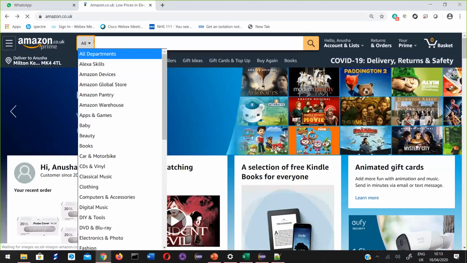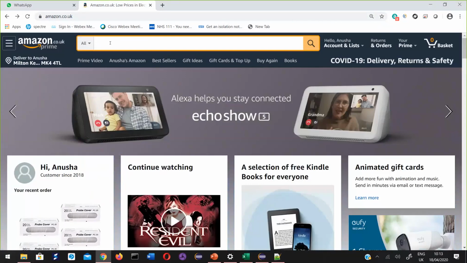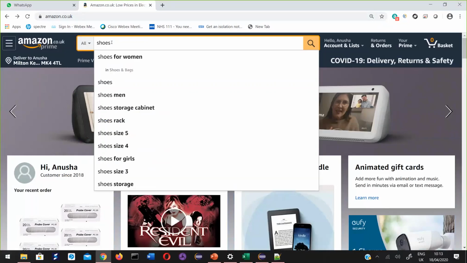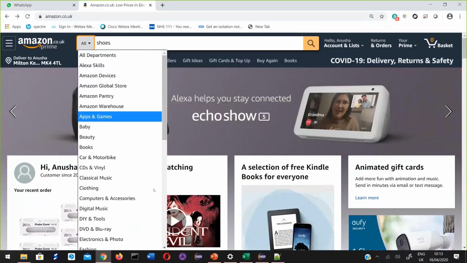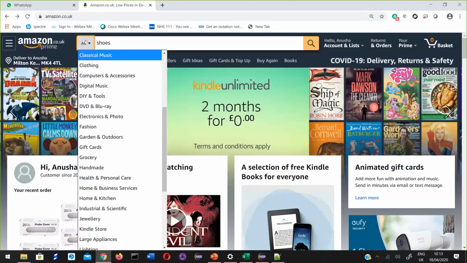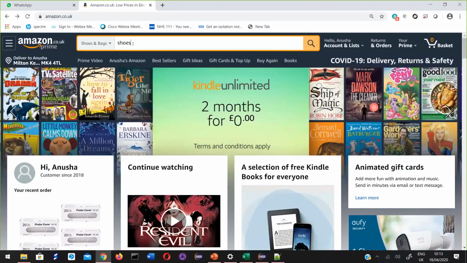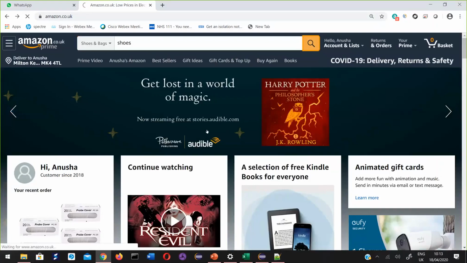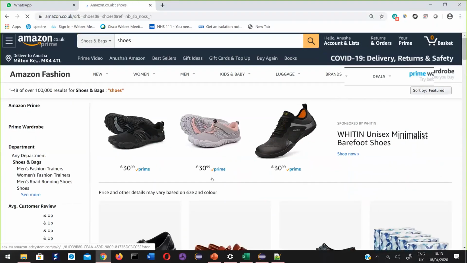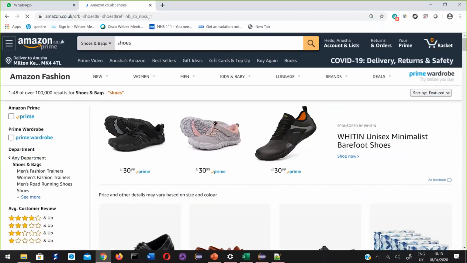Okay, simply all, then search using shoes. In the second test case, from this drop down, we are going to select shoes and bags, then going to search. Okay, it is also a search functionality, right? It is also a way of searching, right?